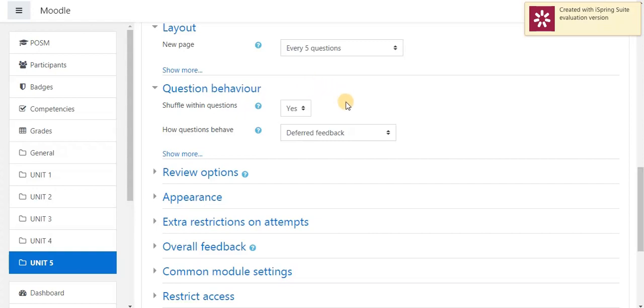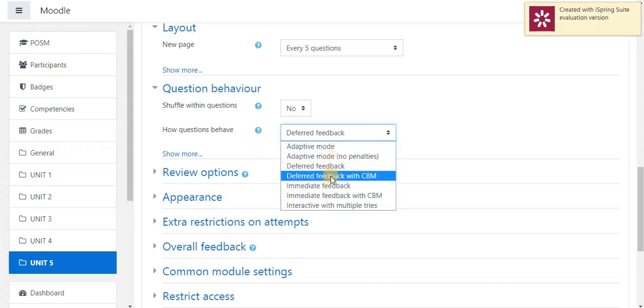That order will be changed if I specify this shuffle within questions option as yes. If I set no, both students will attend the same questions in the same order. Next, how questions behave. Here I am able to specify the feedback of the answer for the student. If I specify immediate feedback, then the student will immediately receive the feedback for the attempted question.